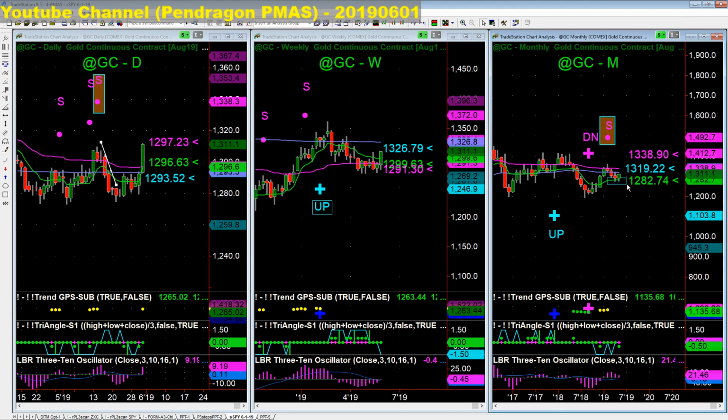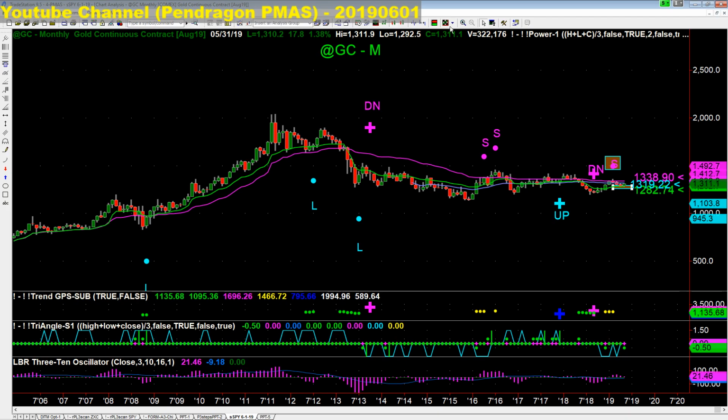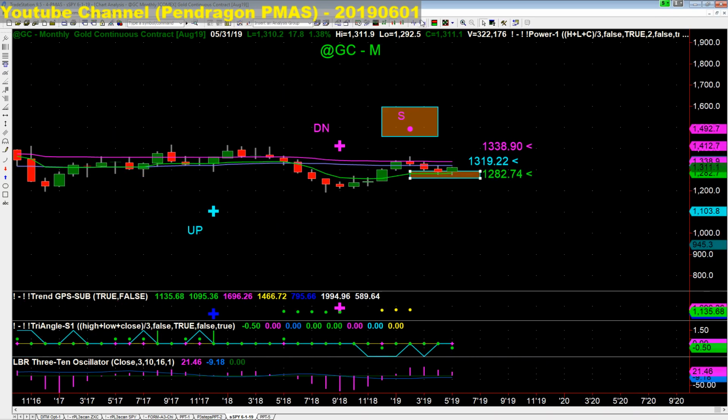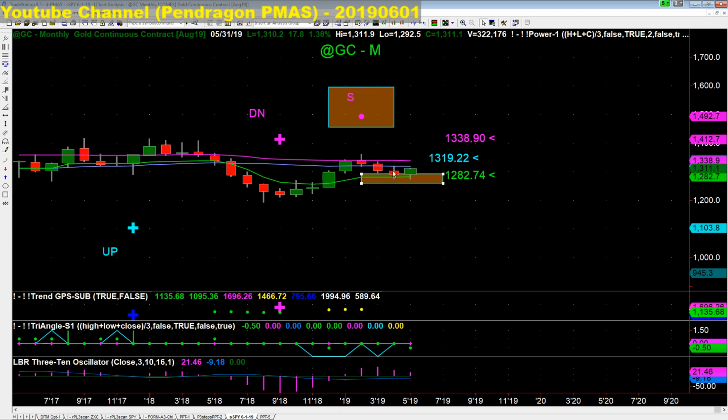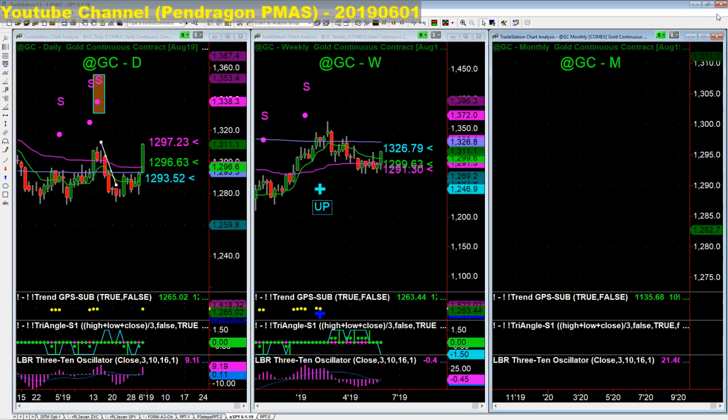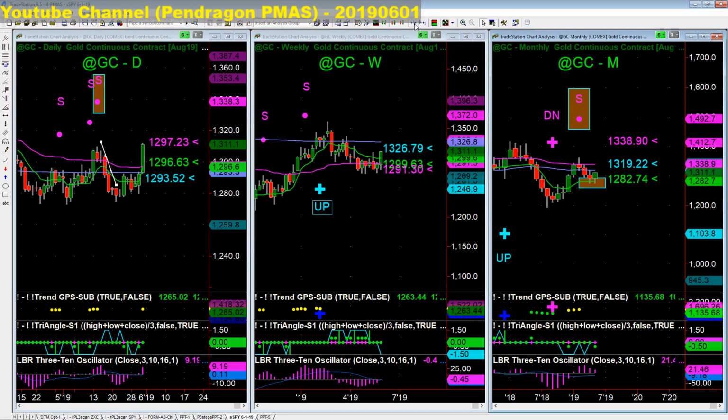But if you look at this, let me blow up this chart. Everybody see the green line? Previous month, it touched, it couldn't break below it. It bounced back up a little bit. And this month, same thing, and now it's bouncing off that. So the next target we're going to look at on the monthly chart is 1319.22. That's the next potential support. So even though the gold made quite a dramatic move, if you look at a long-term monthly basis, it still could be in this trading range. Now on the weekly chart, similarly,